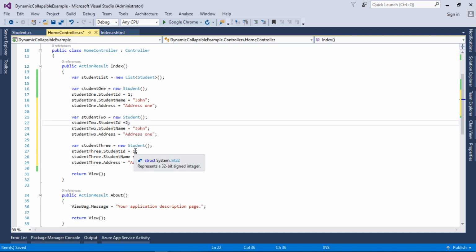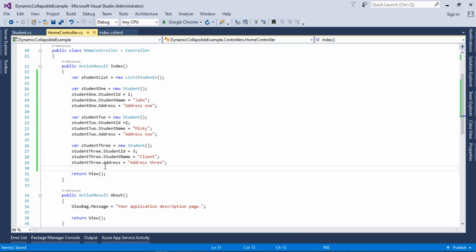I will give him ID of 2, and this will be ID of 3. Here the address 3, address 2, and this will be Mickey, and this will be Klein. So here we have created 3 students.